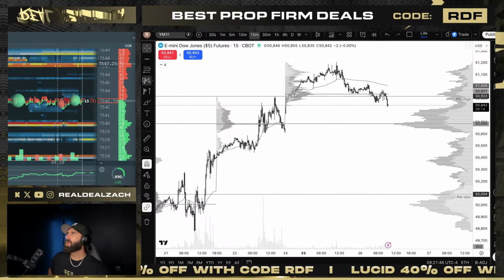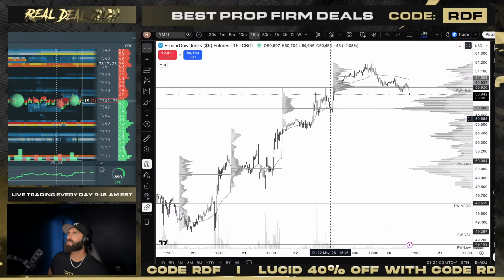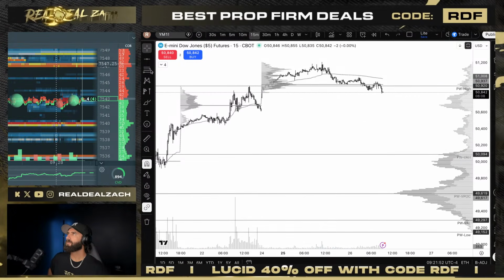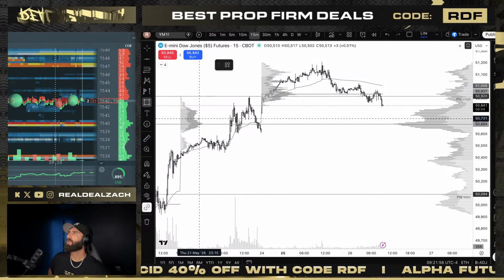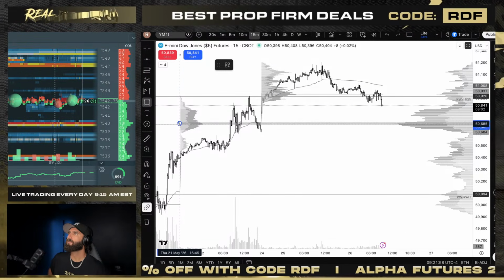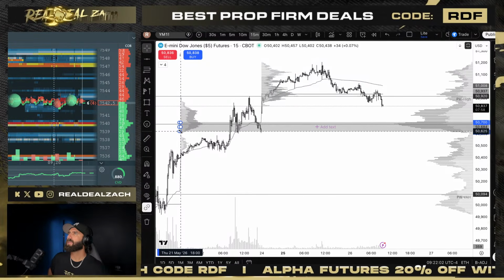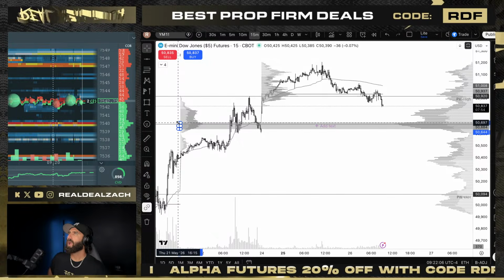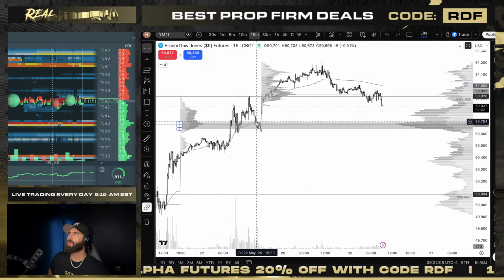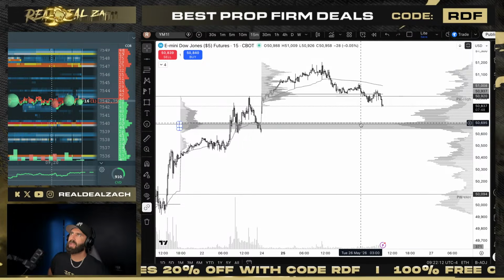Yeah, right in here to Friday's volume point of control. That's going to get a zone right there, right over here. Okay. This is last week's close. This is prior day volume point of control. It's a naked volume point of control. It would be filling the gap to the downside. Very interesting area right here.